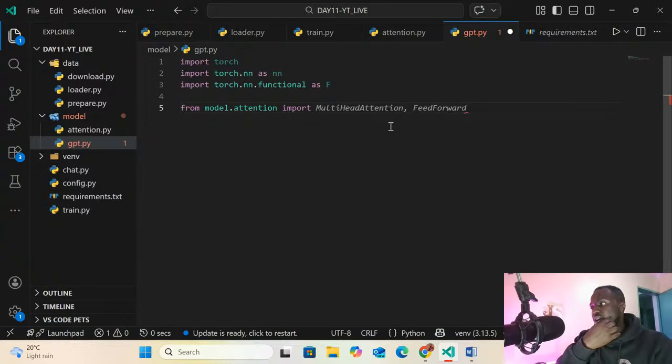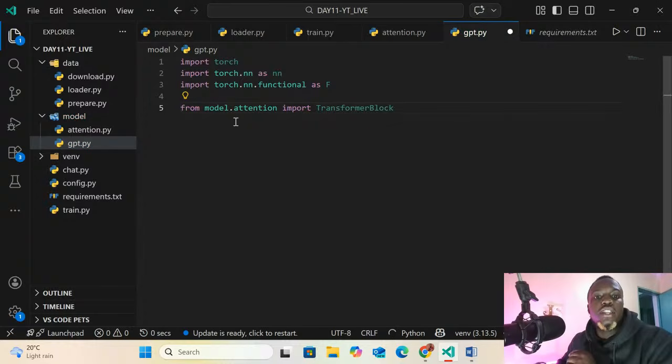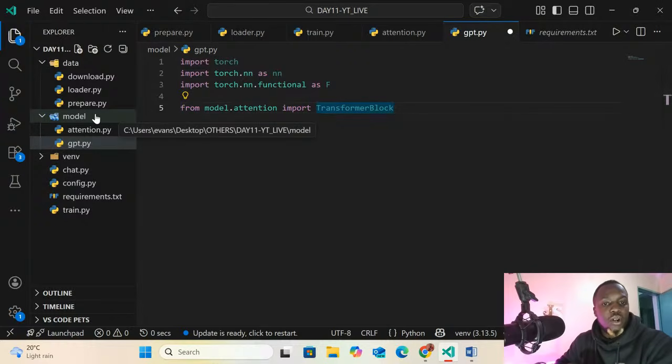Import TransformerBlock. In case you're wondering, where are we importing from? From the folder model, from this folder model dot attention, we have this attention.py.